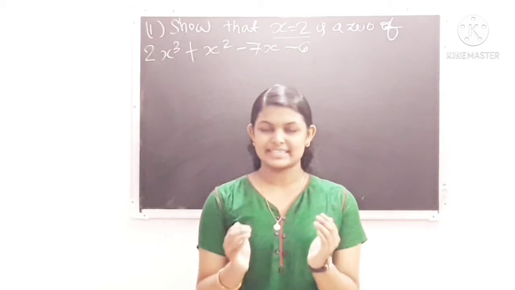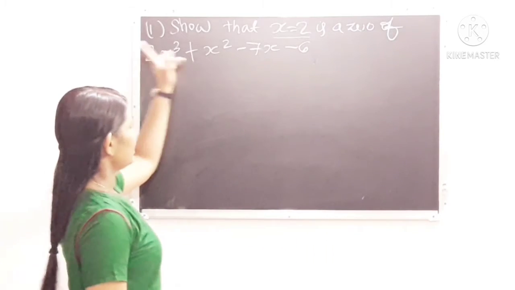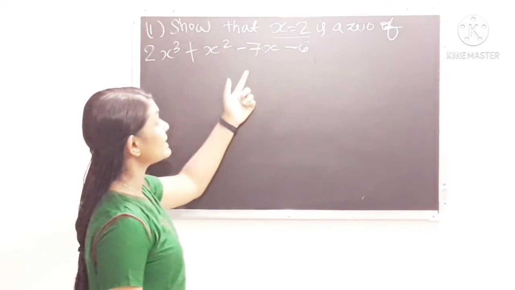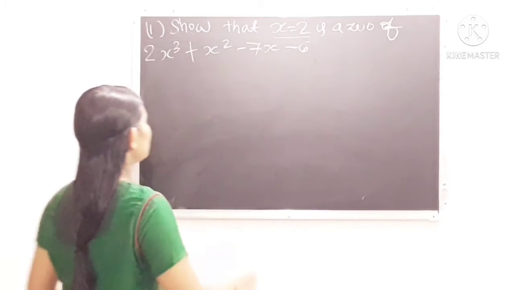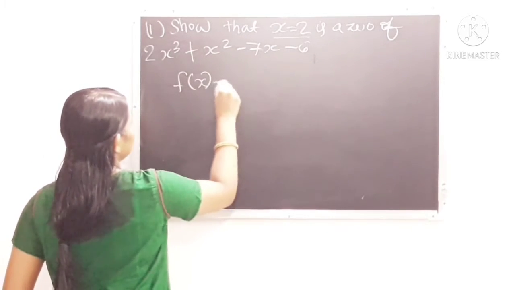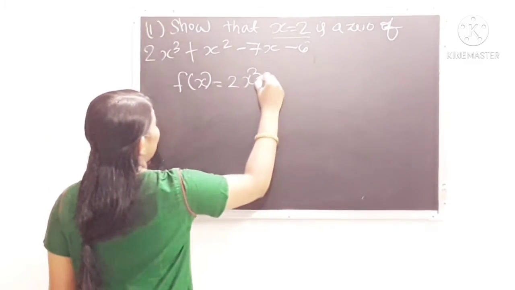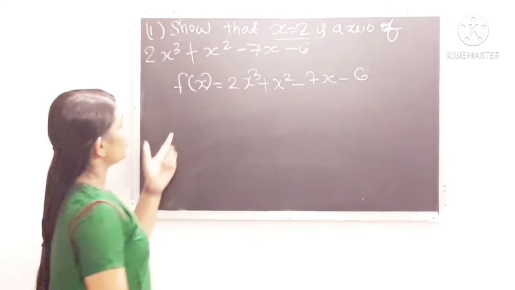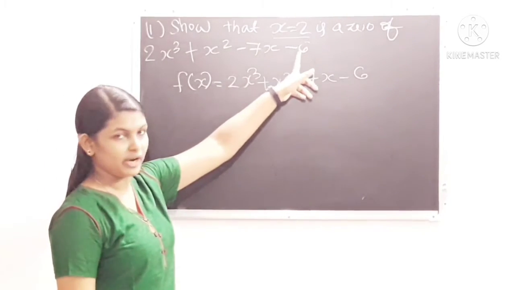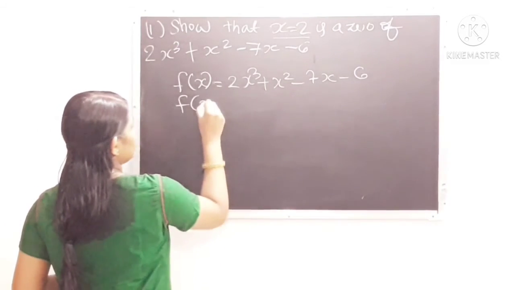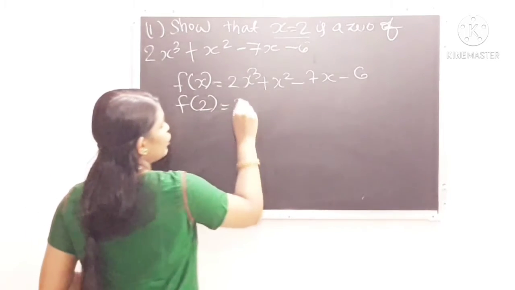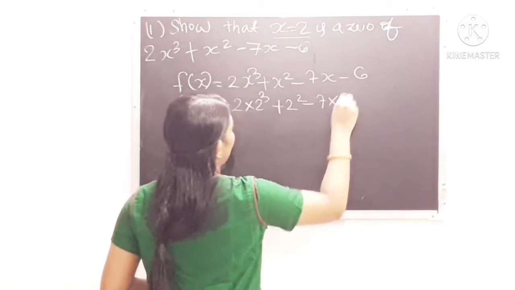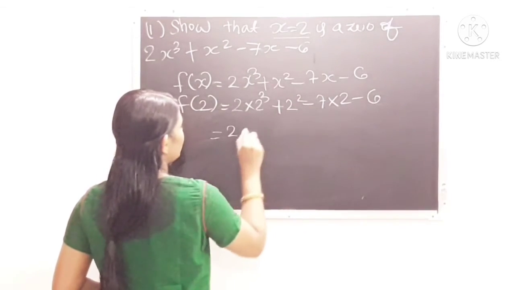Okay. Now, we can discuss some questions. This is the first question. Show that x is equal to 2 is the zero of 2x cube plus x square minus 7x minus 6. So, the given polynomial is f of x is equal to 2x cube plus x square minus 7x minus 6. അപ്പോൾ നമ്മളോട് ചോദിച്ചേക്കുന്ന x is equal to 2 ഇവിടെ 0 ആണെന്ന് പ്രൂവ് ചെയ്യണം. So when we put x is equal to 2 in this expression, we will get 2 into 2 cube plus 2 square minus 7 into 2 minus 6,